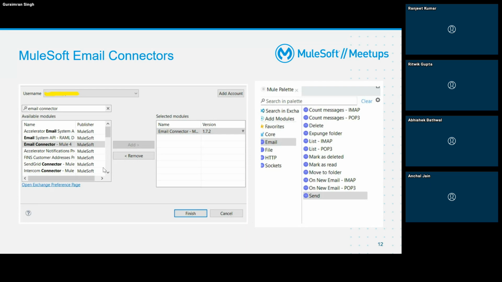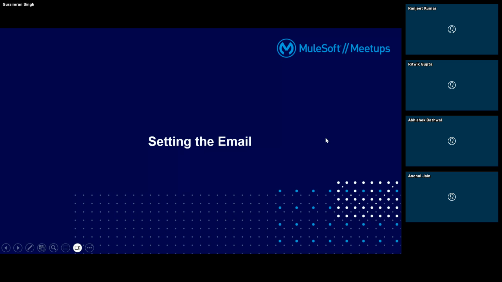For the same purpose, MuleSoft has built an email connector which works on all three protocols we discussed: SMTP, IMAP, as well as POP3. You just need to download that from Exchange, or else you can add the dependency in your pom.xml. Once you download that, you can see all these operations in this slide. Okay, next, coming to setting the email.